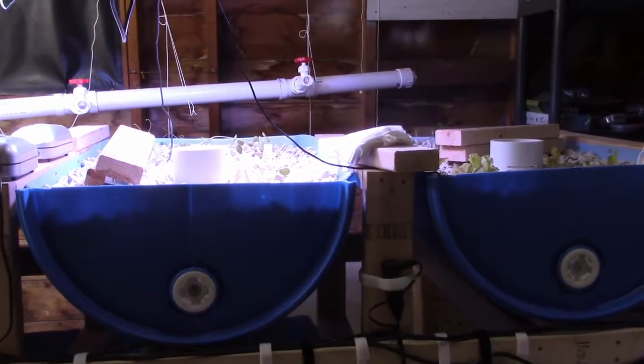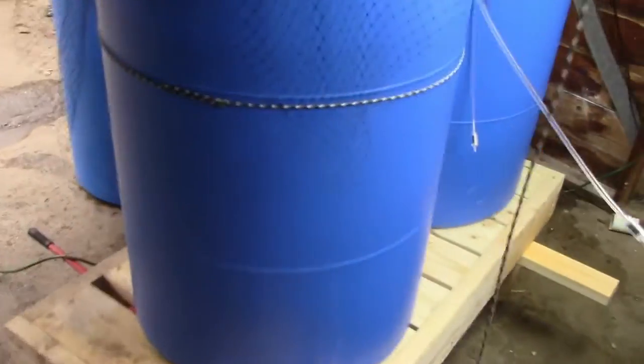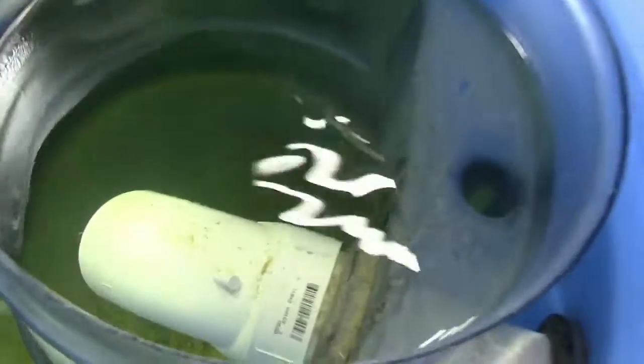But right now, this is kind of my life for today. I'm moving my entire system over as much as possible, and see if I can get it shifted. So this is what I was talking about with the water level. As the water level in the main tank goes down, here's where it ends up. I have about another 5 gallons that I'll be able to take out of the system from